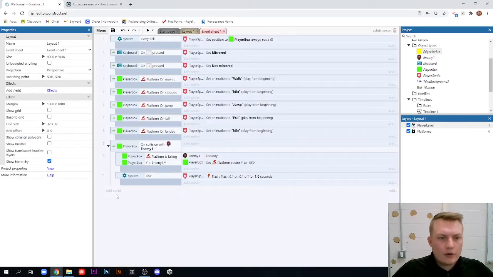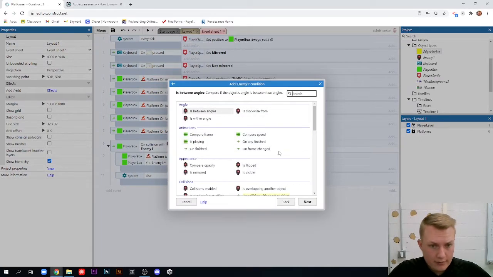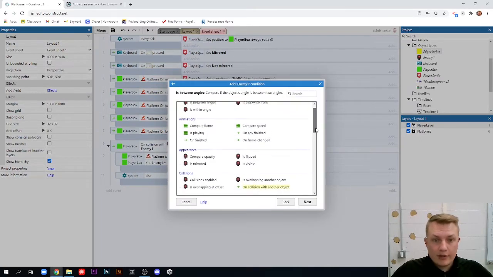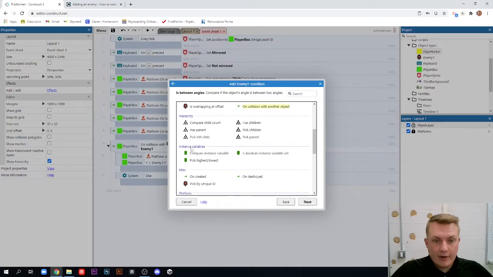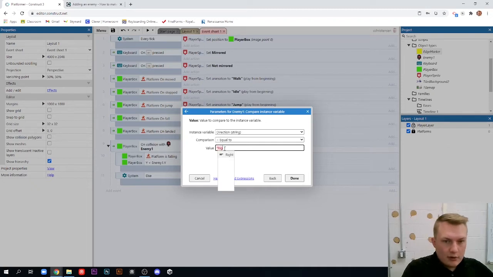Now, we want to go to our event sheet. We're going to add an event. We're going to click on our enemy 1. We are going to scroll down until we find instance variables, and we're going to compare our instance variables. If our direction is equal to right,